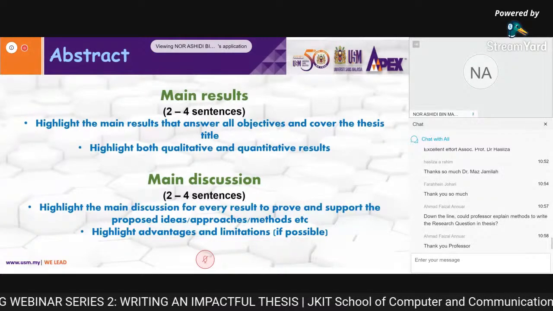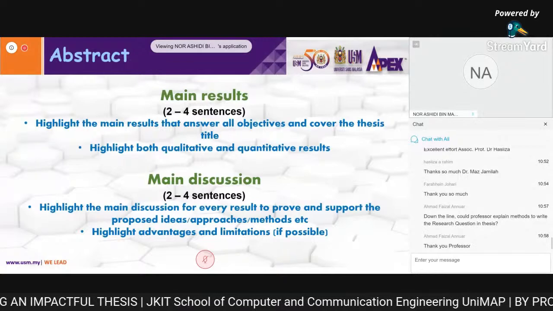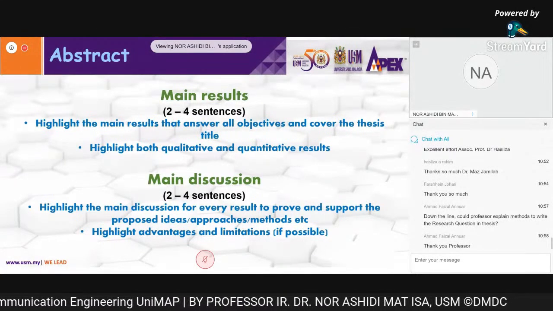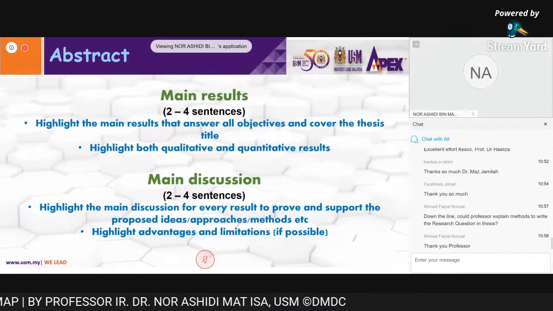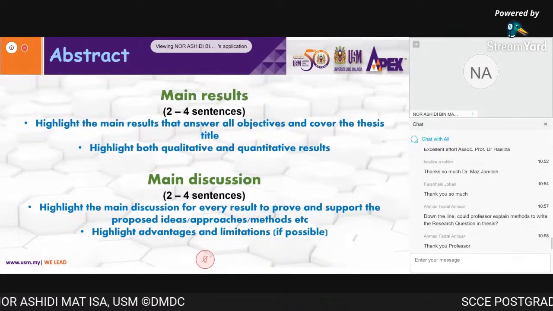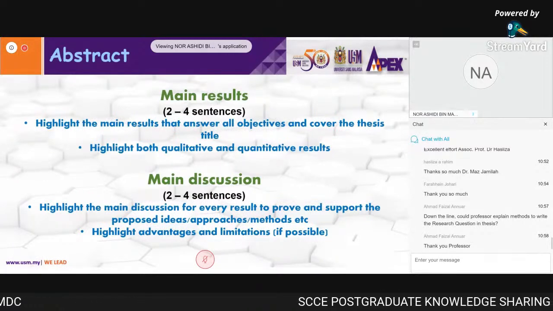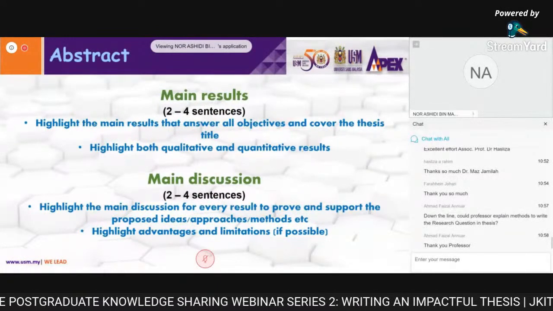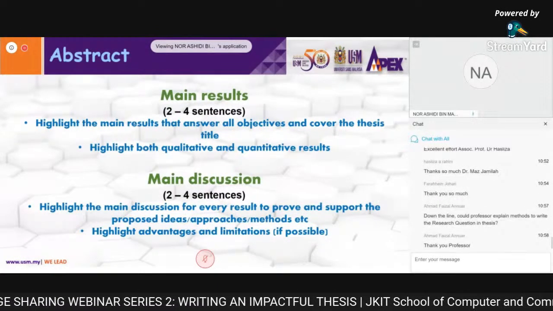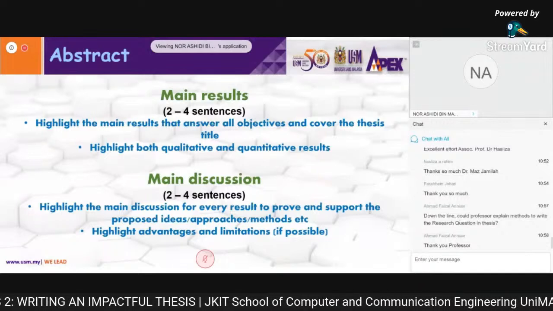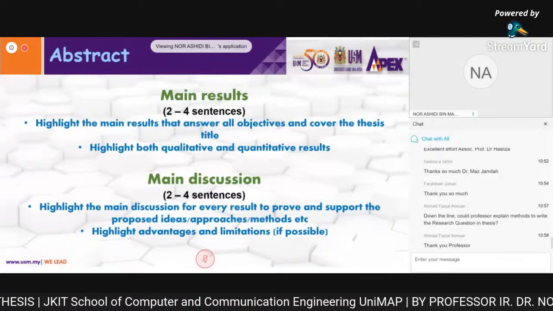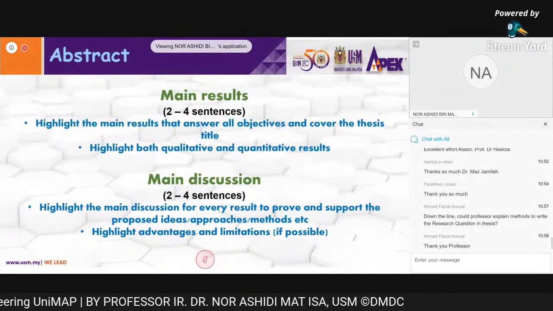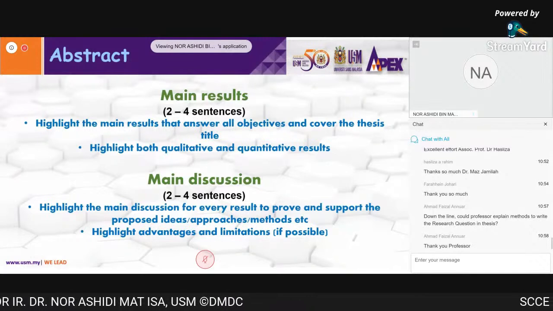In your chapter 4, which is results and discussion, that's why in chapter 5 you have another section, future works. Okay, the future works. Why do we need the future works? Because before you know how to suggest the future work, you need to know the limitation of your techniques. So please bear in mind, a good researcher must have the ability to highlight the advantages and also know the limitation of his or her work. Okay, it's not giving up.